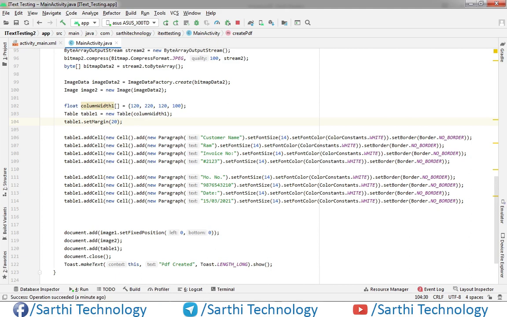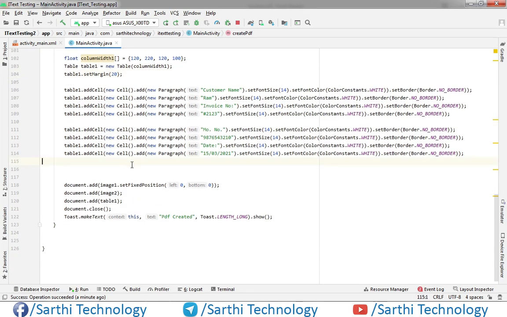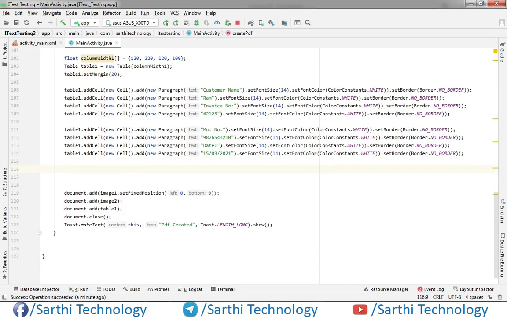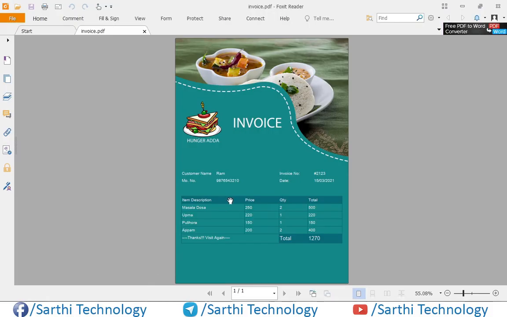Now let's create second table, and for that here first we will create one color, and that color we will use here. So let's create this color.